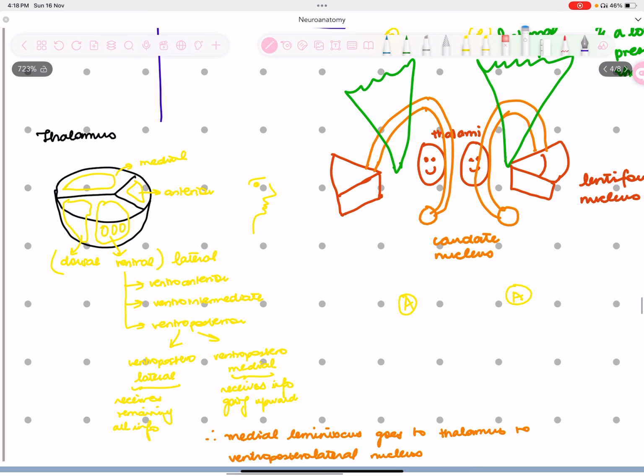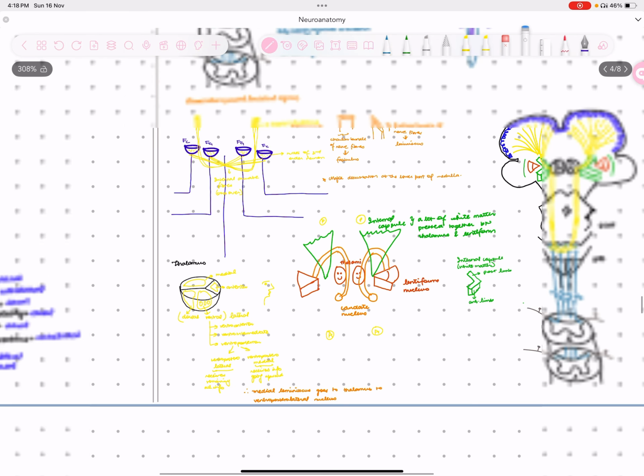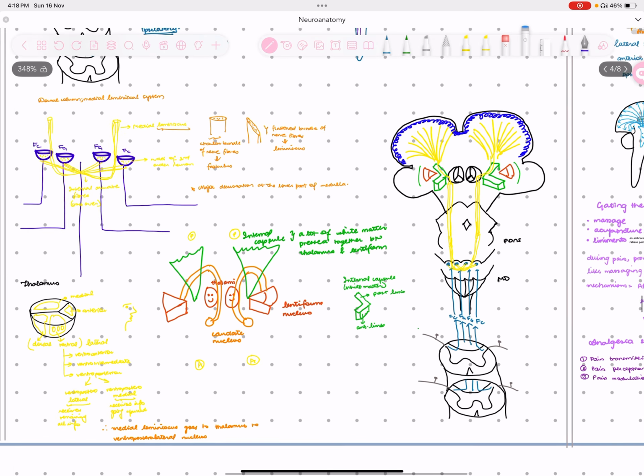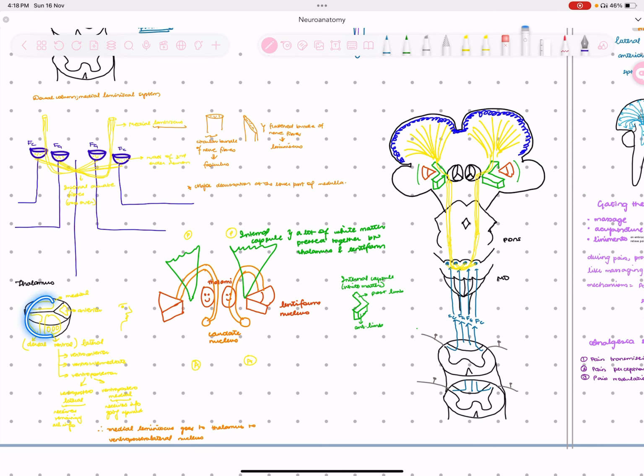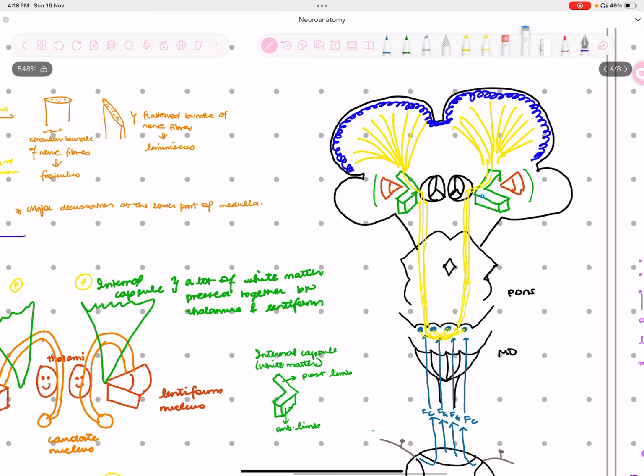Now moving forward, this information that went up to the medial lemniscus, where is it going to go? Before that, let me explain a little bit of further anatomy so that you can understand this image much better. So here you have your thalamus. These are the thalami, right and left thalami. Then here you can see this is the internal capsule. Internal capsule has an anterior limb and a posterior limb. Then this is your lentiform nucleus, and this is the external capsule.